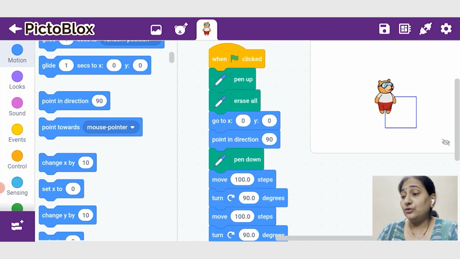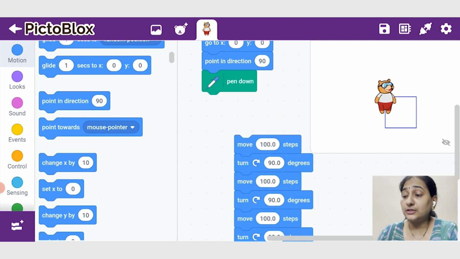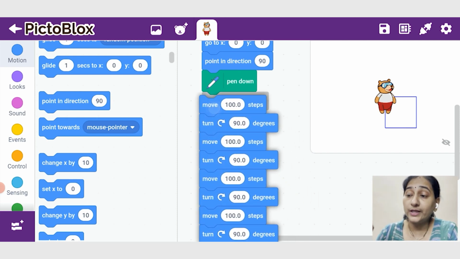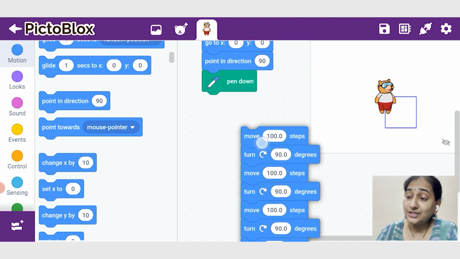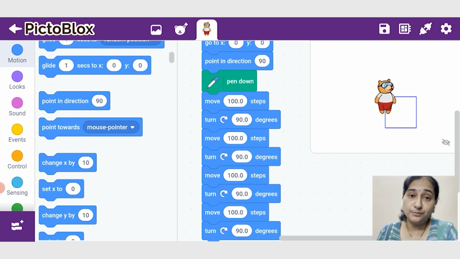Now, if you look at this code, after the clean slate, this portion of the code is to draw a square, right? So instead of attaching it directly to the clean slate and to the event, we will make another block of code which is only dedicatedly doing the task of drawing a square, right? So instead of attaching this portion to the clean slate, we will assign this task of drawing square to a block so that that particular block, whenever called, is going to draw a